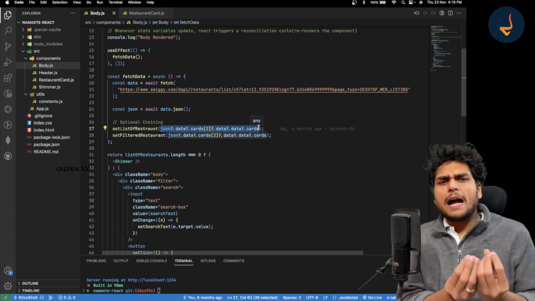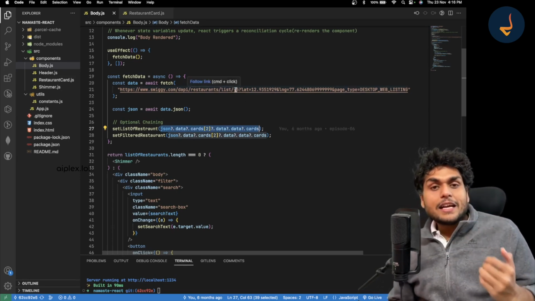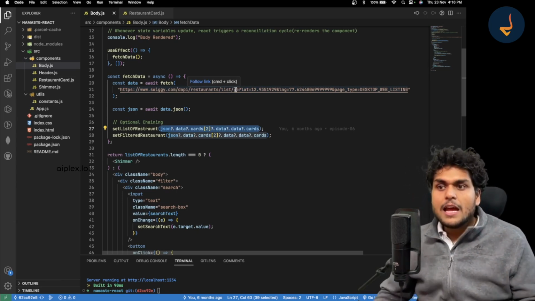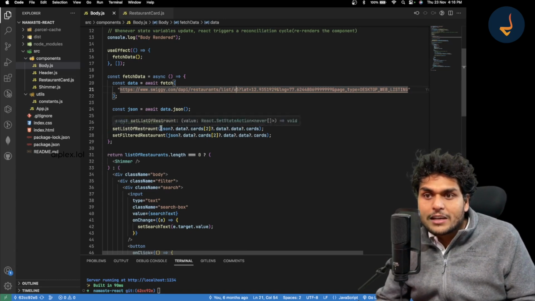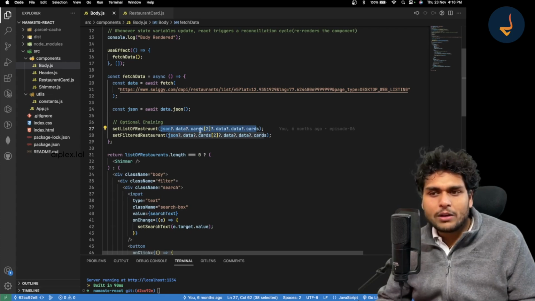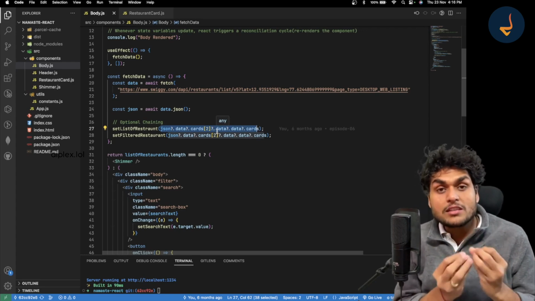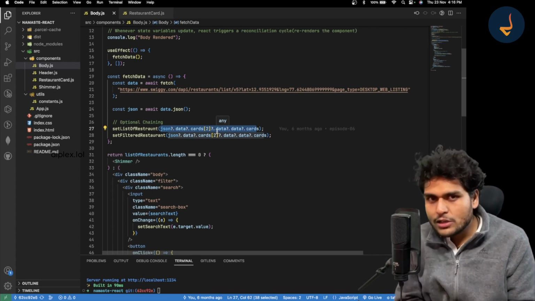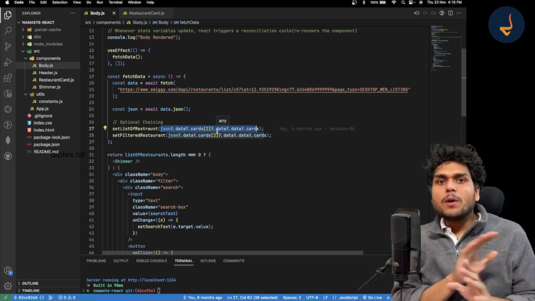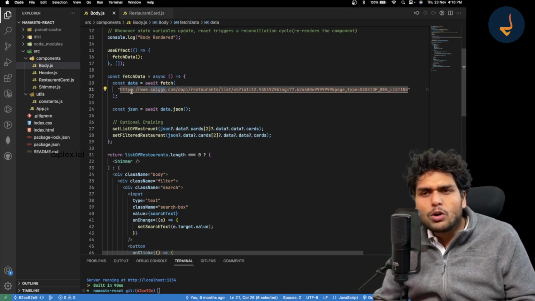So what happened now is that this API is returning a result in a different format, right? The structure of the data has changed, and this destructuring which we are doing over here, this json.data.cards[2] and all that stuff, has changed. That is the reason why you are facing these issues, and I'll tell you how to solve it today. First of all, for people who don't know how to get this API, let me explain how to get this API.